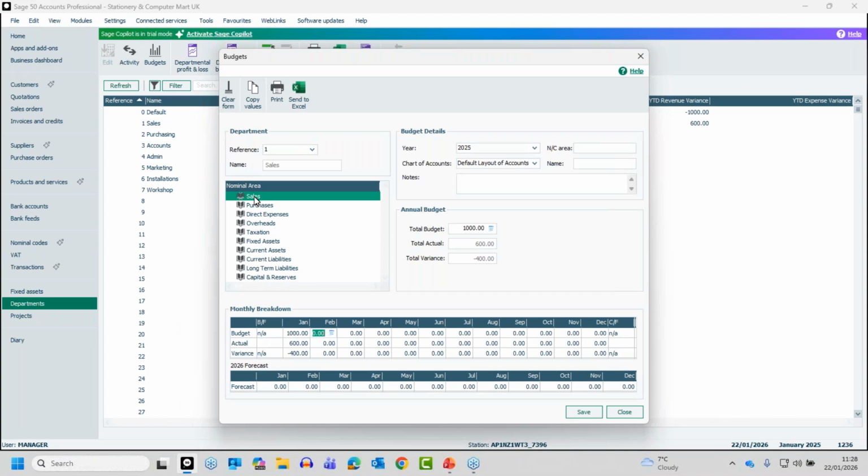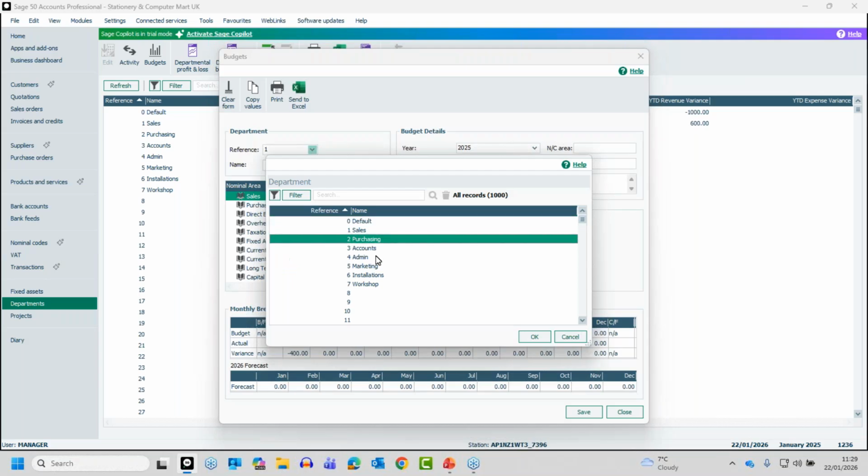So that's something to bear in mind. So if you're thinking, well, actual figures and things like that are incorrect, that's going to be why. It's going to be down to your chart of accounts. But we can enter one set of budgets for our total sales, total purchases, direct expenses, overheads, but you're doing it by department. If I switch to department number 2,